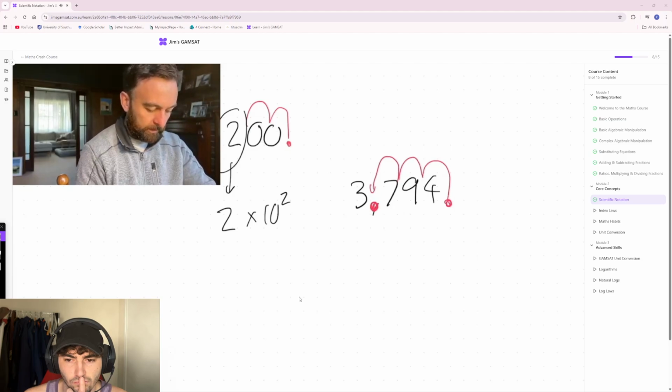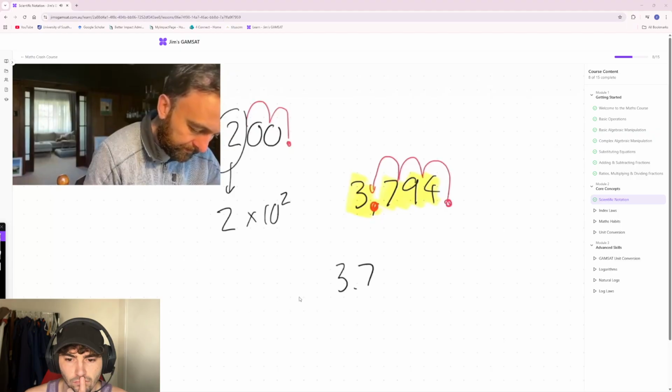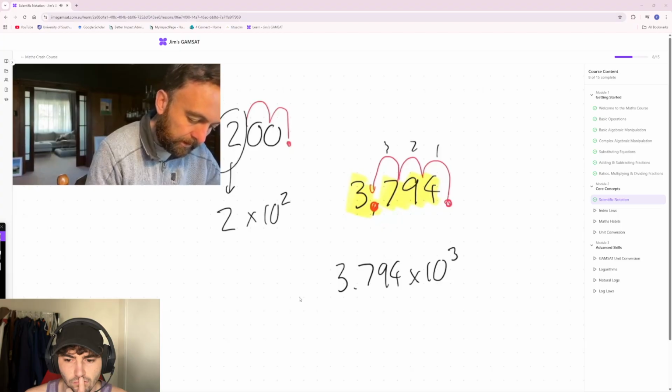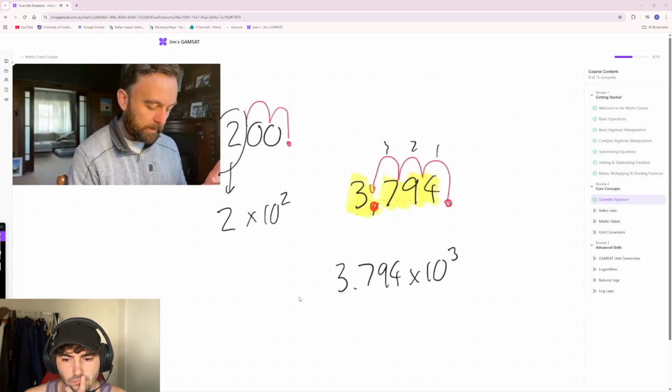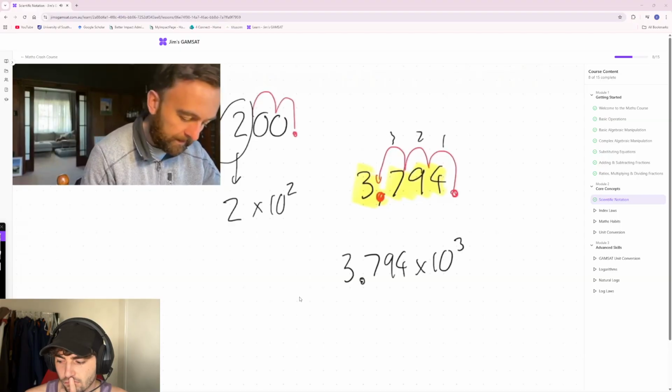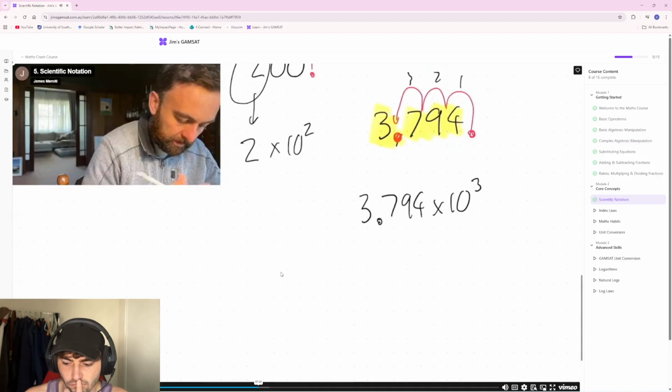Now, basically, you just read that number as if that's a 3.794. That's exactly what just comes out the front. So it's 3.794 times 10 to the 3, because we've done 1, 2, 3 jumps. So it's the exact same process, but we just end up with this number with decimals in it. And the reason for that is that this is essentially just to demonstrate